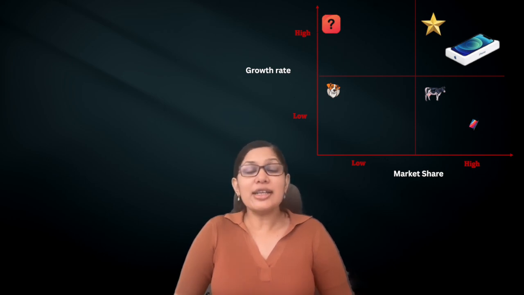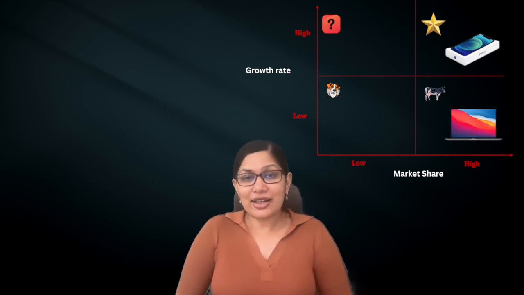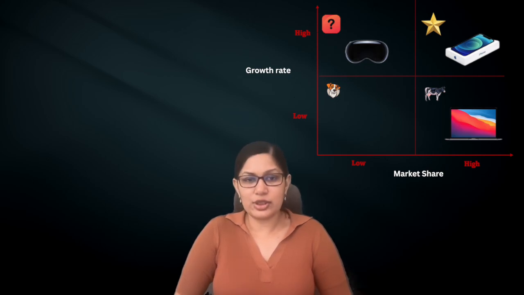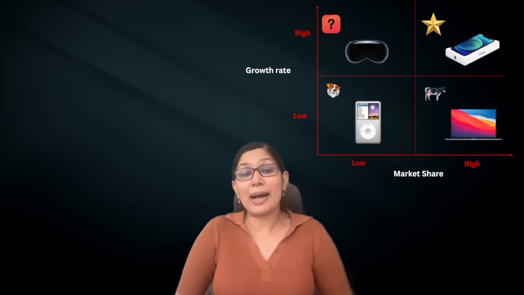A cash cow could be the laptops, the MacBooks. This is because they do have a high market share, but it's not something which is growing at the same rate as the iPhone because you do have a lot of competition. A question mark could be their new glasses, the Vision Pro that they came out with, because this is something which has a high growth rate, but the industry itself is extremely new, and we are not really sure if people are going to buy it, if the product is going to become successful. Google, for example, has actually slowed its Google Glasses. A dog could be the iPod. Given that we have phones, people are not buying iPods as dedicated devices to listen to music anymore. And this is something which they actually have discontinued as well.